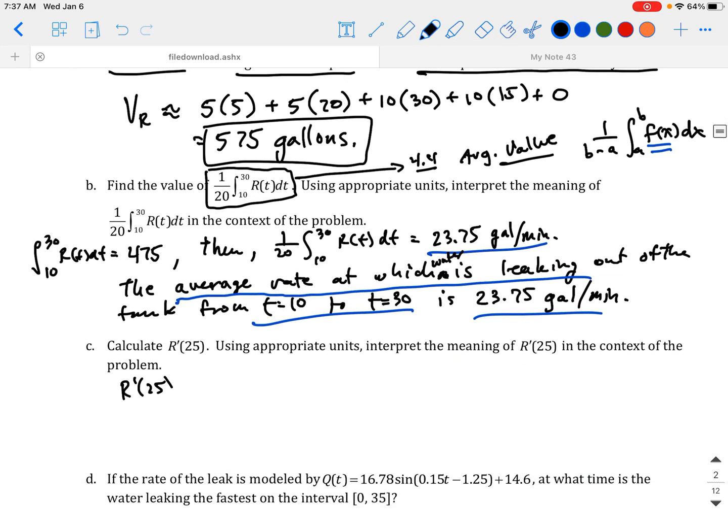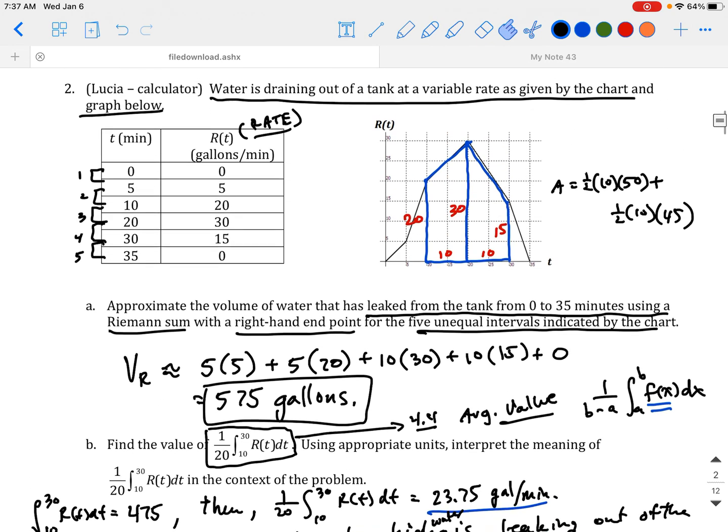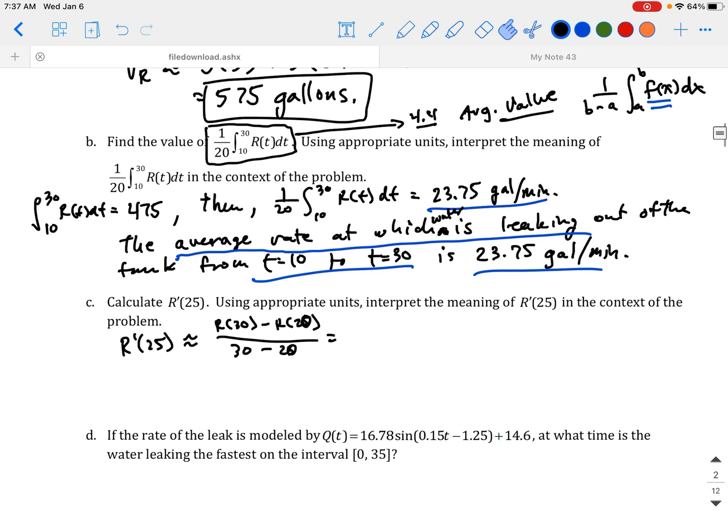So R prime of 25 is approximately R of 30 minus R of 20 all over 10. R of 30 is 15 and R of 20 is 30, so that's negative 15 over 10, or negative 1.5